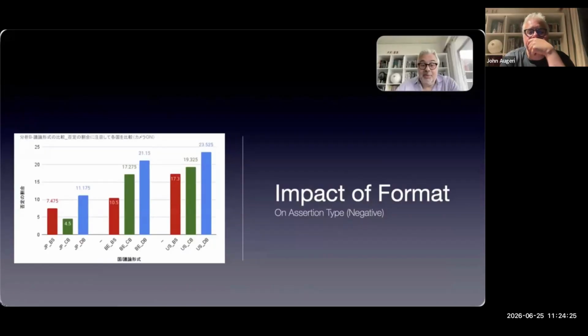Coming back to the specificity that we could see from the Japanese group, Japan showed the lowest percentage of negative assertion in debate. And here again, there might be a cultural explanation in the sense that the expression of opinion is maybe more restrained, culturally speaking, in Japan than in Belgium and the US.